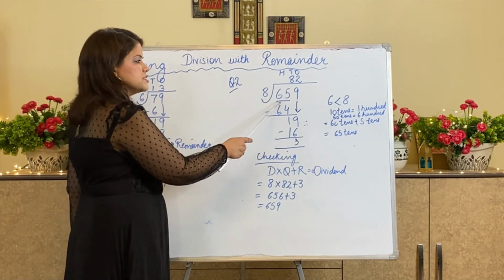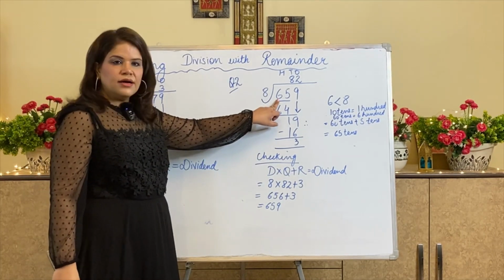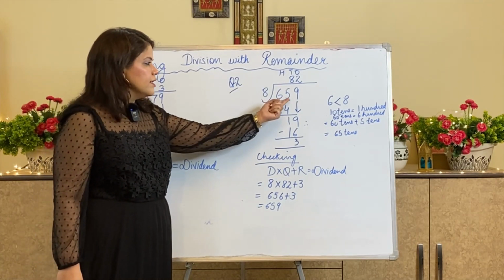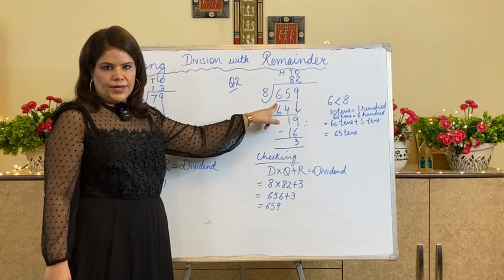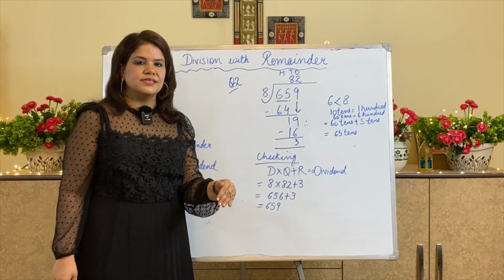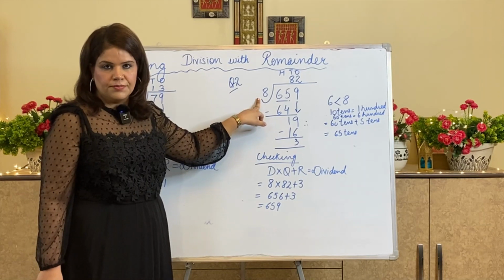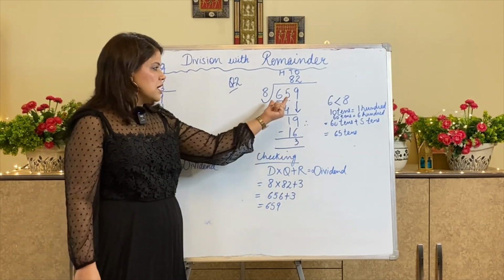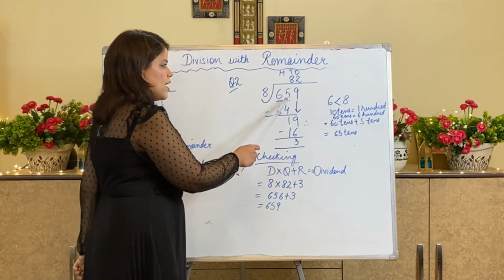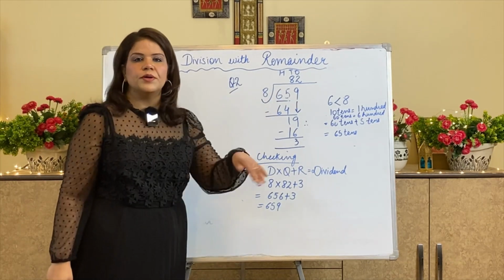Now I have 659, which is to be divided by 8. You can see the number at hundreds place, that is 6, is less than 8. So what I will do, I will include the tens digit also into it. This you have to see, the number which is to be divided should be greater than the divisor. If it is less than the divisor, that means I have to include one more number from the dividend. So I have included 5 with 6. So now 65 is the number which is to be divided.